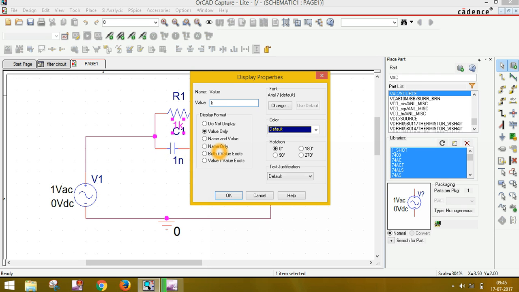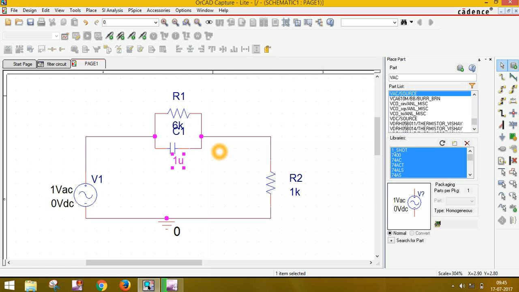So simply double click on the value, the display property opens and you can change it. Simply double click, 1 micro. Okay, now this is okay. 1 volt AC, 0 volt DC. Why do we use 1 volt input?